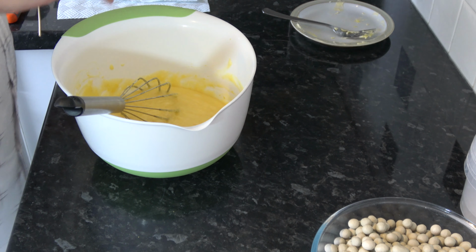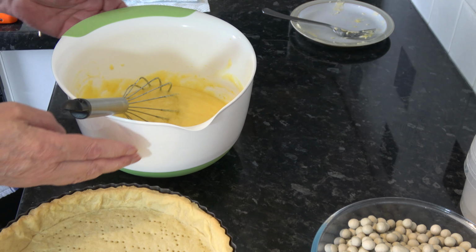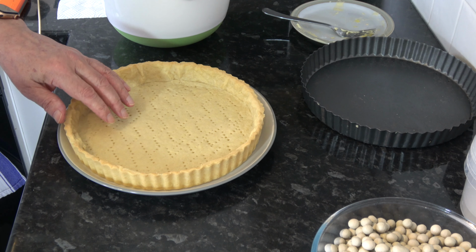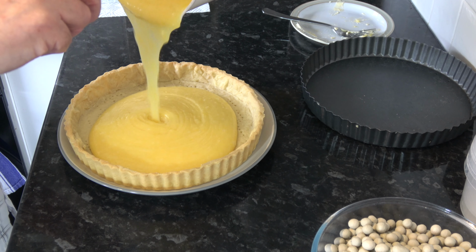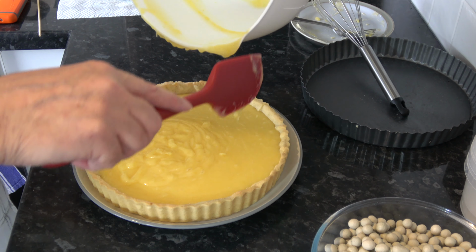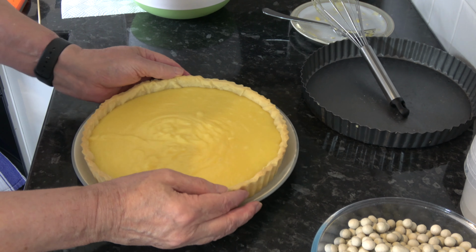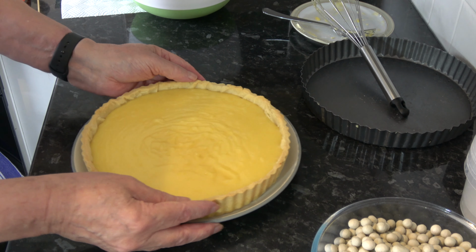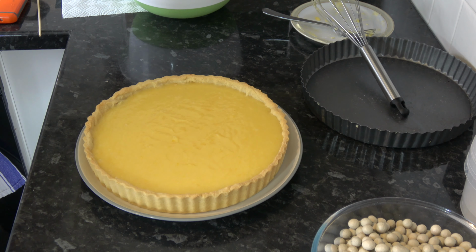So the last thing to do is to put that into our tart tin. I've taken the tart case out of its tin, and I'm simply going to pour the mixture in. So I'll give that a little shake just to level off the filling, and with that, like that,